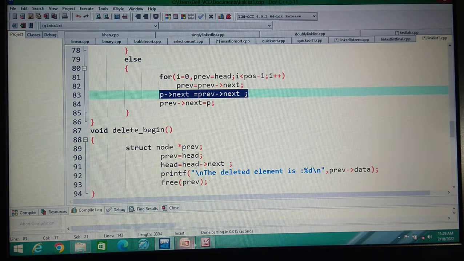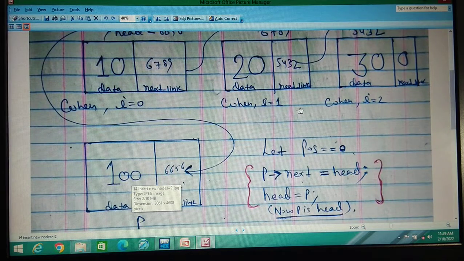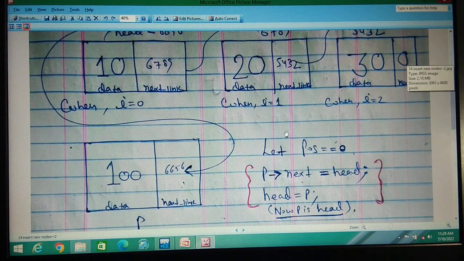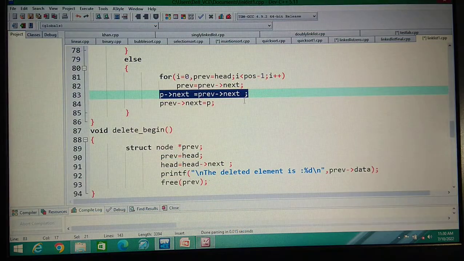What is P? Your P is this, and its next is pointing to this. P next is null. Getting it, very simple. So the meaning of this line, PREV dot next: what was PREV last? Its next is null. Null is pointing to P dot next, and we know that P dot next is null.